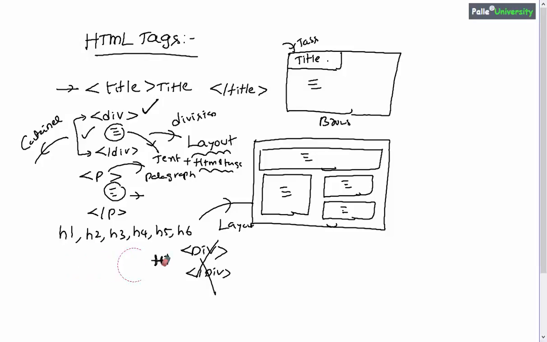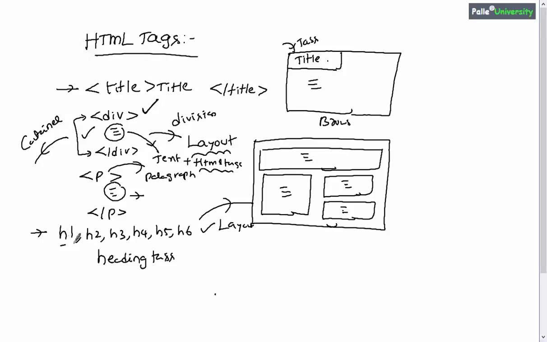Now let us talk about the heading tags. H1 to H6 tags are considered heading tags. In order to display some content in websites, you might require headings and then subheadings. To display the headings and subheadings, you will be using h1 to h6 tags, right?